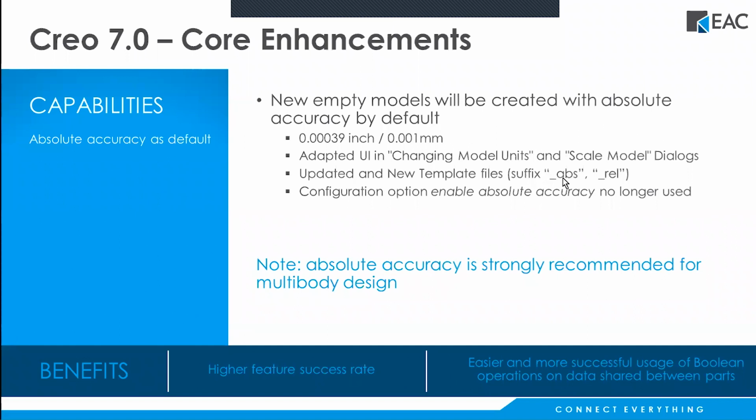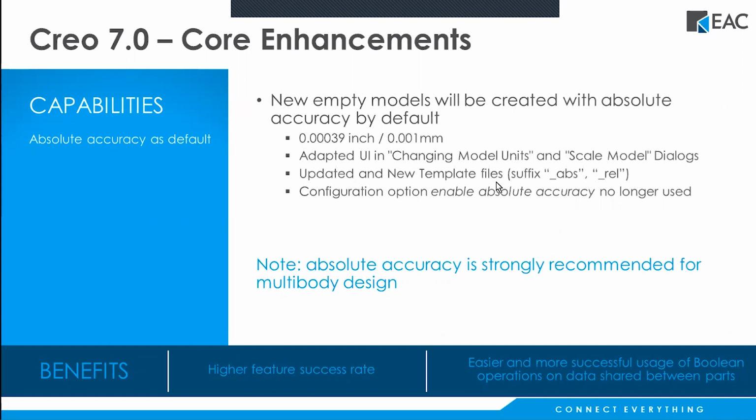That means it's a model or a start part or a start model with absolute accuracy. And there's still a .rel after that for relative. So you can still use relative accuracy, and there's no issues with that from the standpoint of being able to create a model. But one of the things any system administrator types out there might want to start thinking about is your start parts, rebuilding those to use absolute accuracy going forward, because